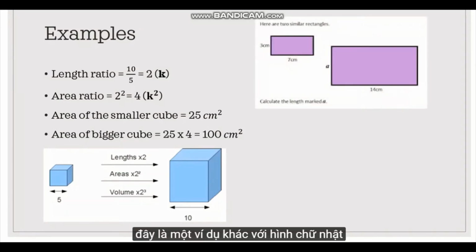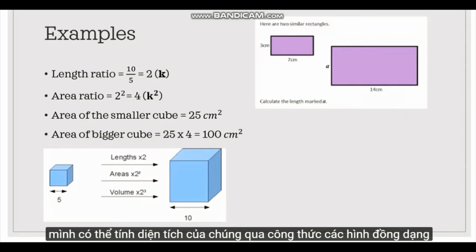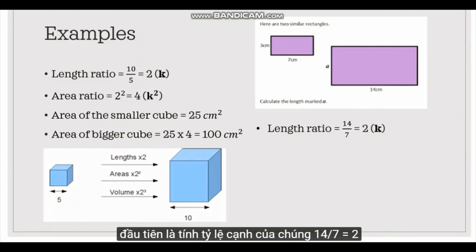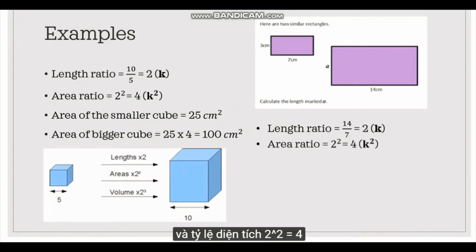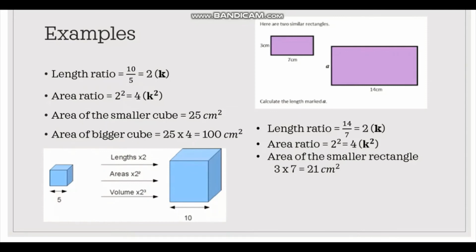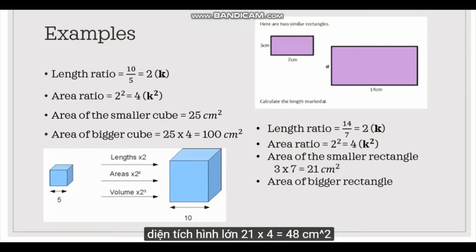This is another example of rectangles. We can calculate the area of these rectangles using the similar shapes ratio. So first off, by calculating the length ratio, 14 over 7 would equal 2. Then the area ratio, 2 to the power 2 equal 4. The area of the smaller rectangle would be 3 times 7 equal to 21 centimeters square. Then finally, the area of the bigger rectangle would be 21 times 4, which is the area ratio, equal to